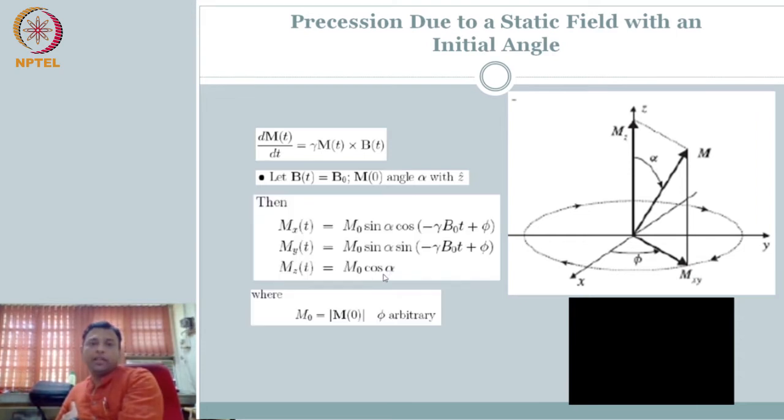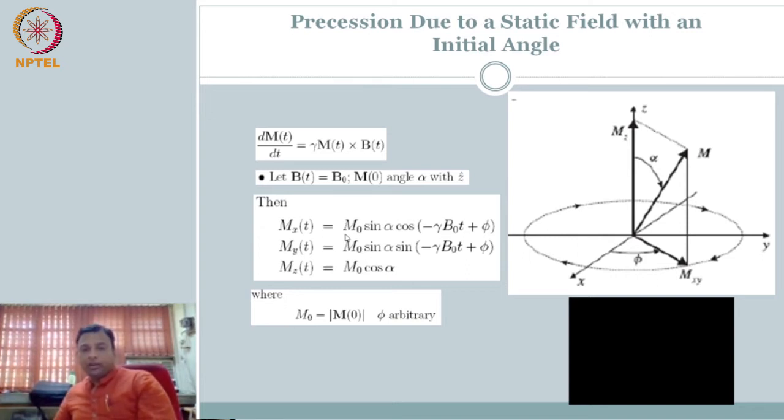When you put this together, we can split the magnetization vector into different components. So you can have Mx of t, My of t and Mz of t, in terms of the variables that you see here. Of course, phi is your phase in the xy direction. So this is your magnetization vector, split into each of the components.